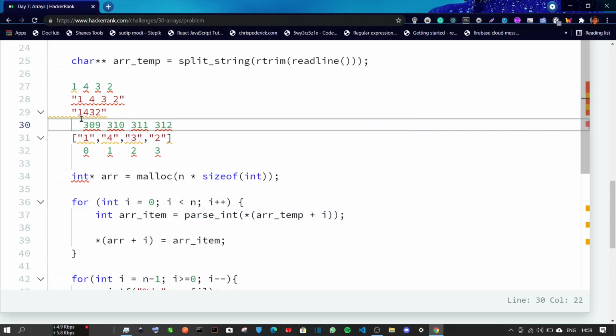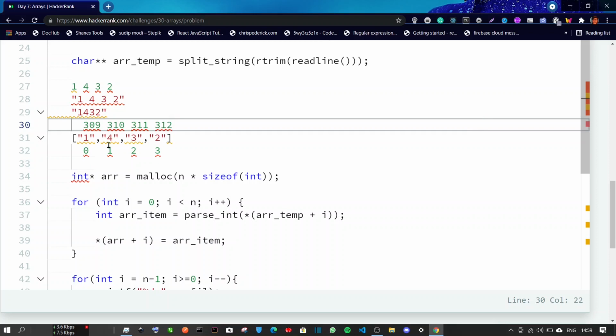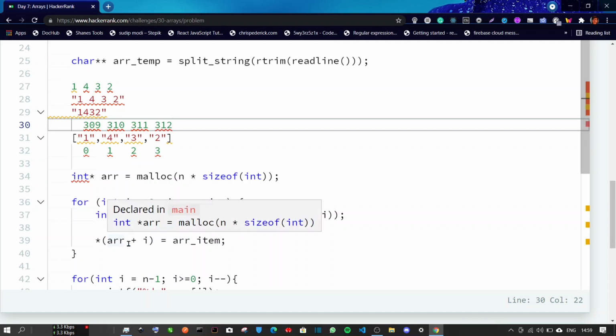So we refer to all those addresses using this array temp pointer, right? Because this was pointing to this array's address, and we write i because we need to loop through every single element, and after looping through every single element we store this element inside this temporary array item variable, which is of the type integer, and the address of this array item variable is stored inside this array pointer.